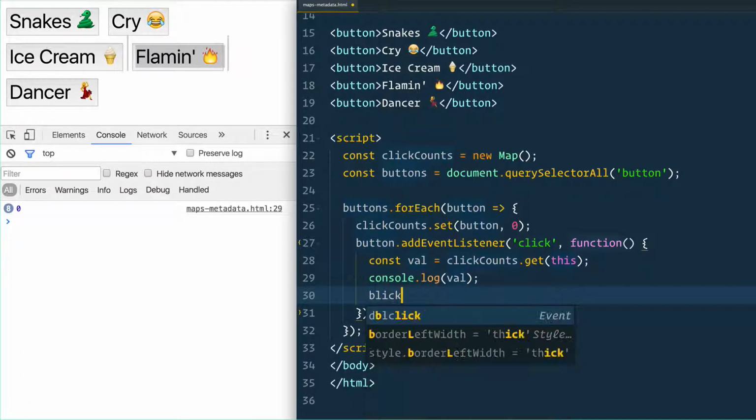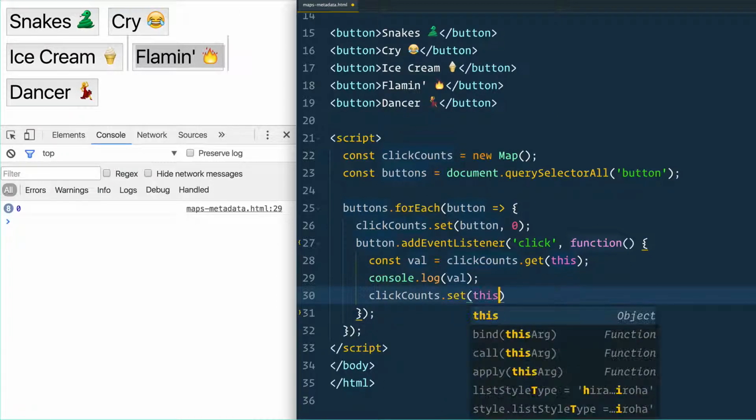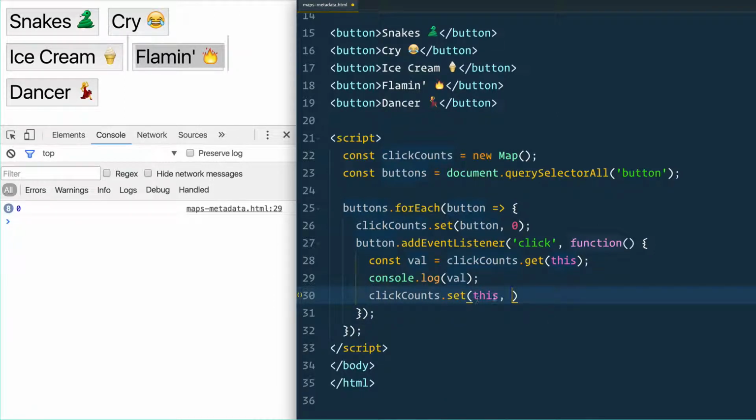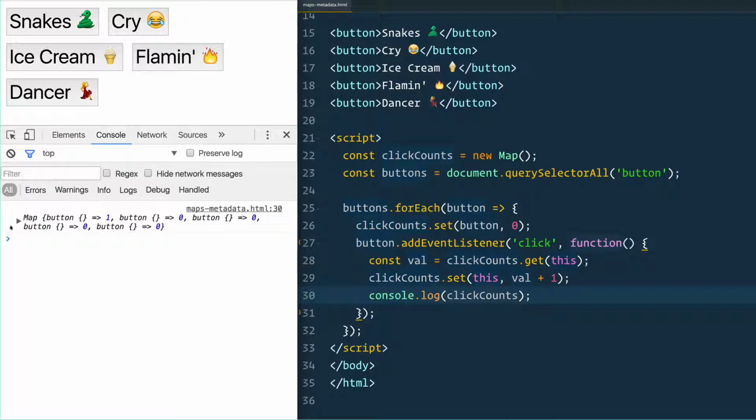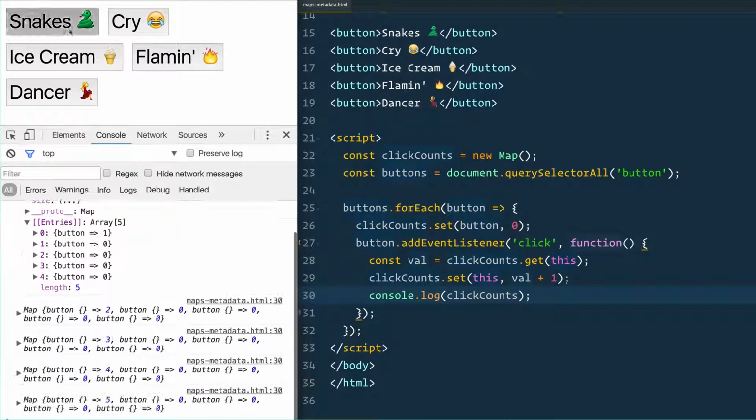We'll say click counts.set this, where the key is going to be the button, and then the value is going to be val plus 1. Increment it by 1. And then I'm going to actually console log the click counts entire map just to see what we're dealing with now. Good. So now we click, open that up. You see the first button, which is this one, has a value of 1. And you could use an object or a string or anything. I'm just using a regular old number. So if I click it a few more times,